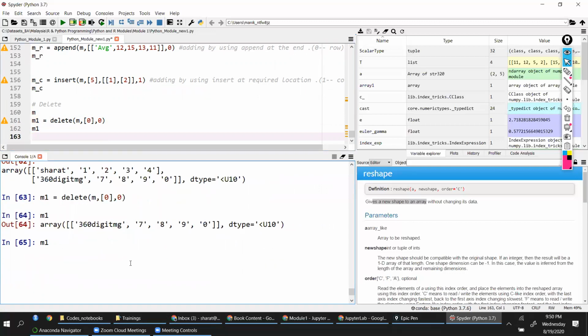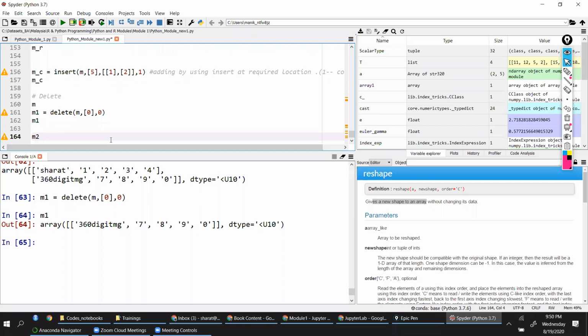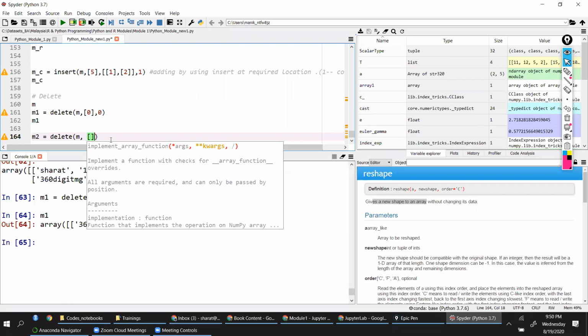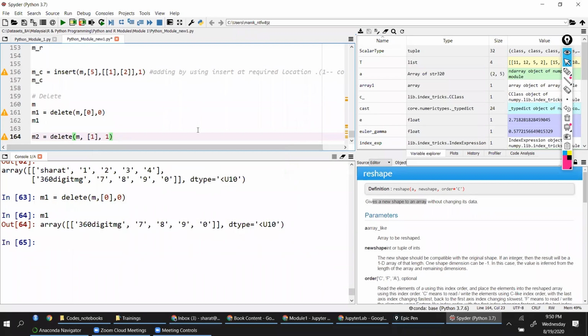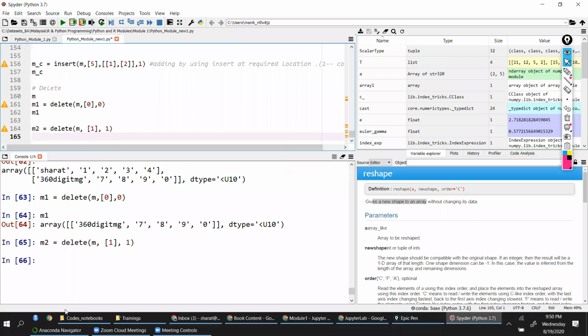Now, how about deleting a column? We have to give it in 2D form. So I'll say M2 is equal to 2D format, 0, 1. If I say 1, 1, what do you think will happen now? Sir, it will delete the value at index 1 of the column. Sorry, the column 1 value will be deleted.